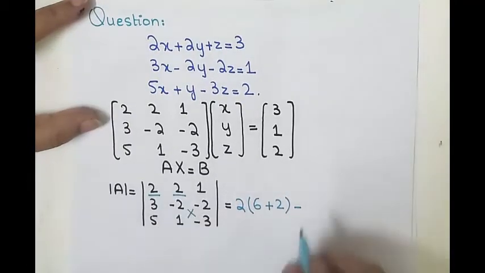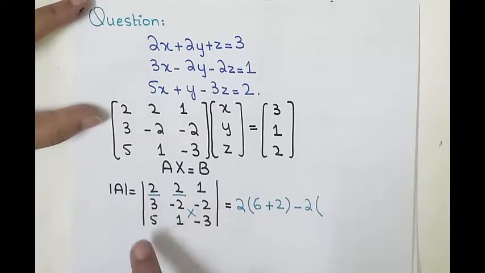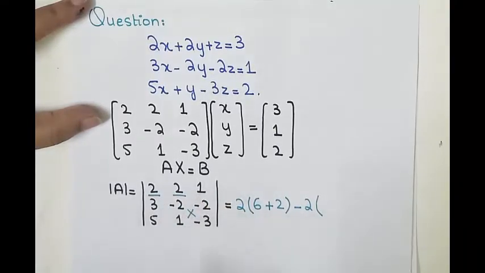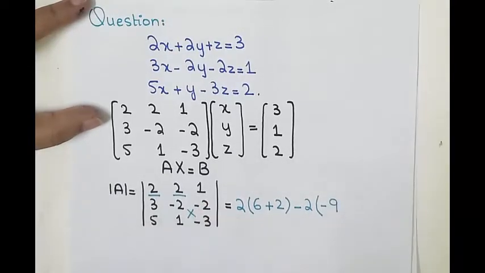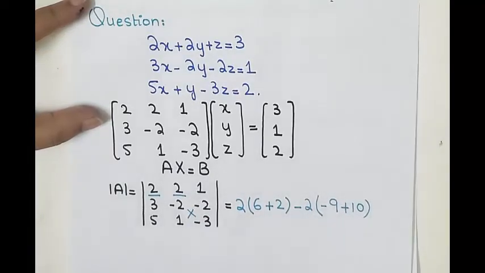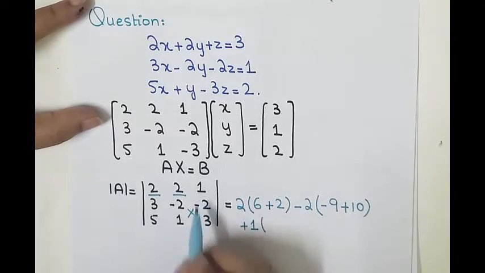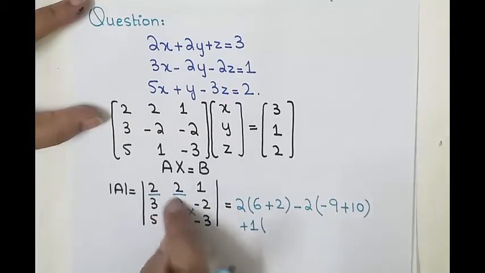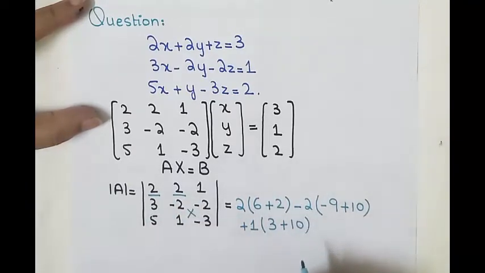Now we will write the second term 2. Now skipping the second column and first row, we have 3, minus 2, 5 and minus 3. We will cross multiply. 3 times minus 3 is minus 9. 5 times minus 2 is minus 10. So minus minus is plus 10. Then we have a plus sign and 1. Skipping the third column and first row, we have these 4 terms. We will cross multiply. 3 times 1 is 3, minus minus is plus, and 5 times 2 is 10,